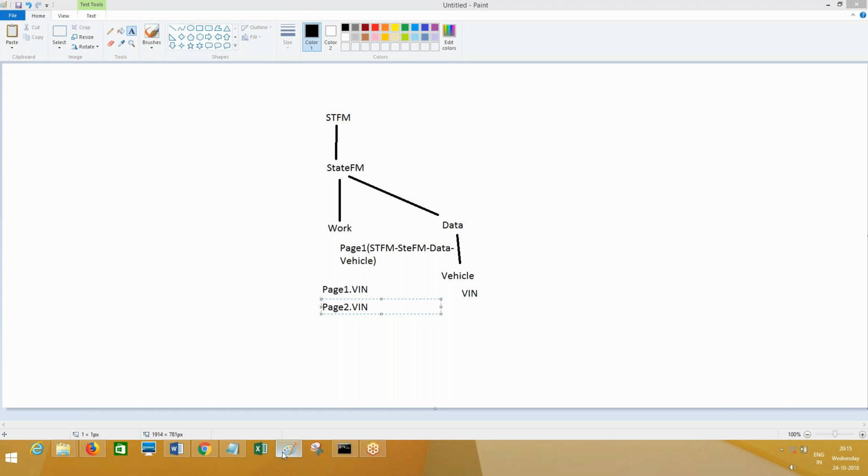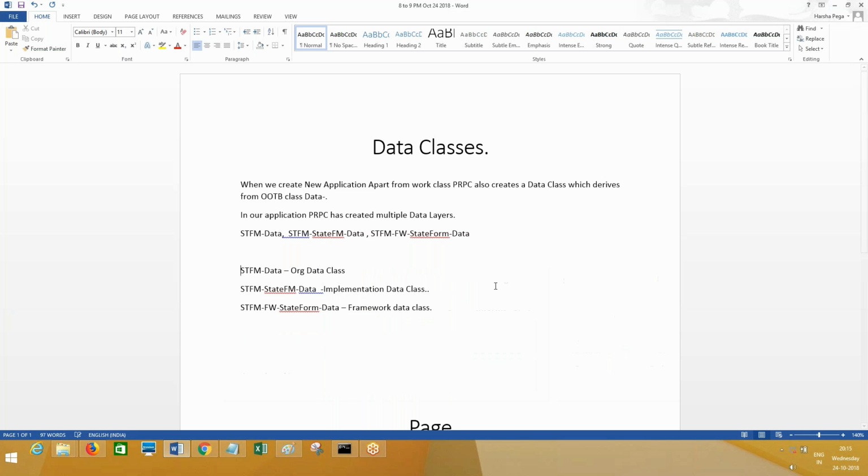Okay, let me go ahead and give this diagram also. Let me write this down. Everyone clear about data classes? I am going to write down all the data classes. All the data classes derive from the OOTB class Data-. Again, I am writing all the data classes.